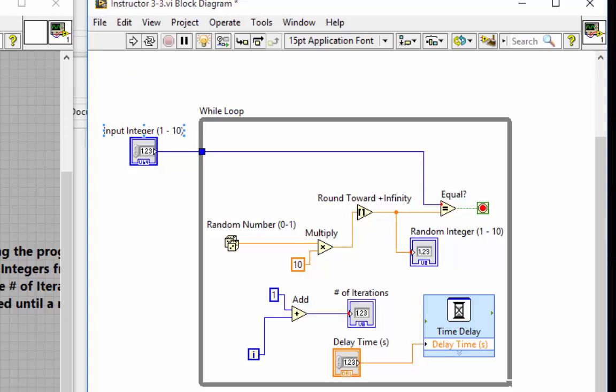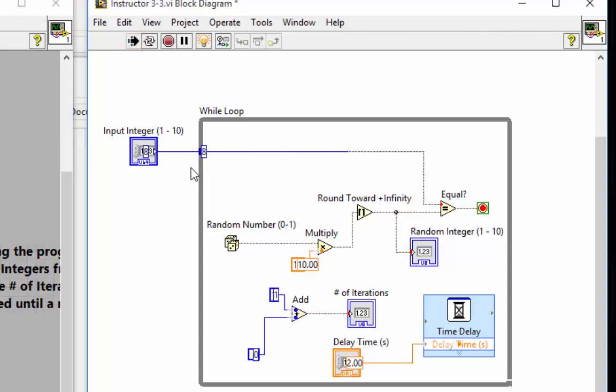So first thing you're going to see is this integer, and let's just make it 8 this time. This integer, which is going to be 8, is going to come into this loop from outside. So something from outside coming in is going to be done first. So let's go ahead and run it. Got an 8. 8 came in over to here. Now it went through these operations, and it went pretty fast. So each time 8, and then it's going to do a random number between 0 and 1, scale it up, and see if this computed random number is equal. If it's not, it's false. It doesn't stop. This little iterator down here keeps track of how many times we've gone through this operation. As you can see, it kind of goes kind of fast, except the time delay. So run that and just kind of see the neatness in that, and we can abort